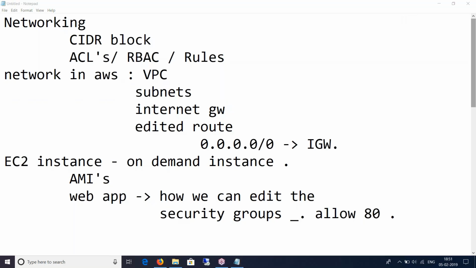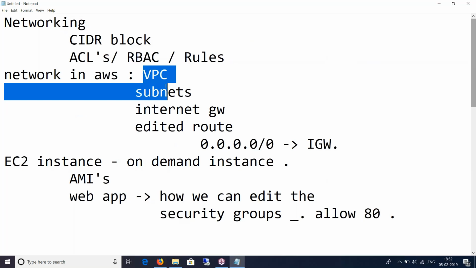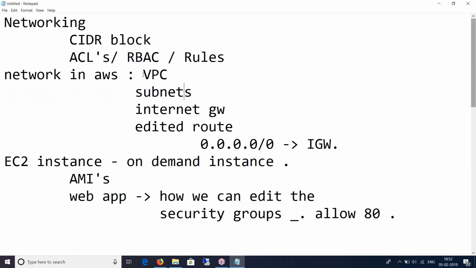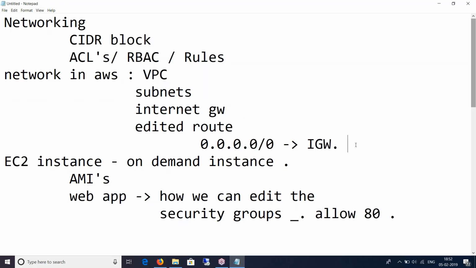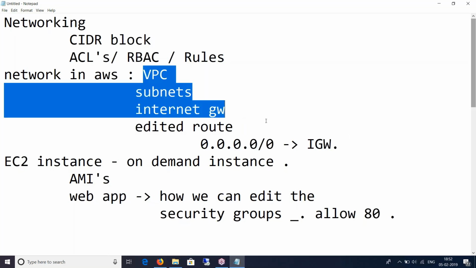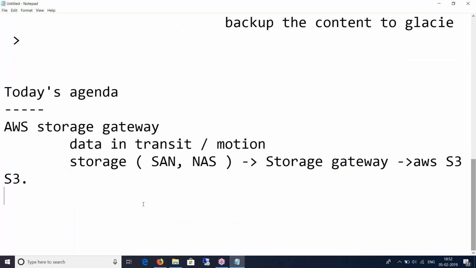So where was I? Okay, networks. So I was talking about networks, VPCs. So yeah, there's a lot more than VPCs. VPC is just a very basic component which we just created yesterday. Today we will see how you can create something called a jump host, and how you can do a NAT gateway.